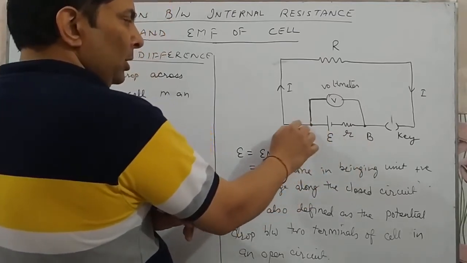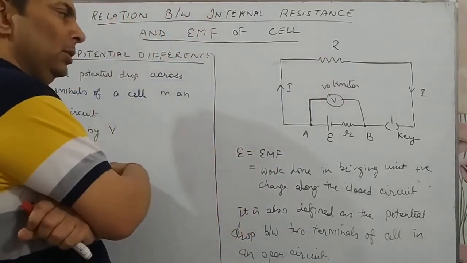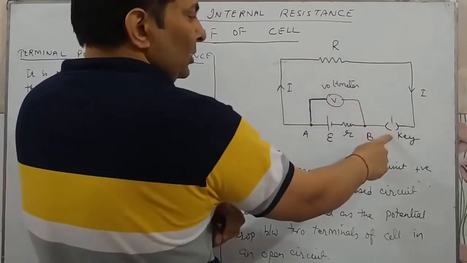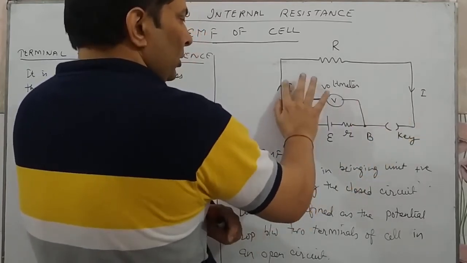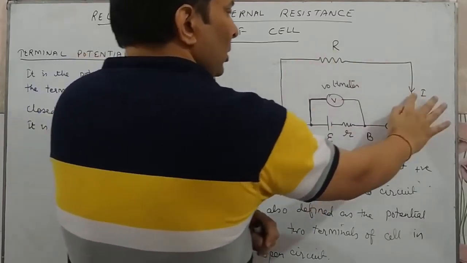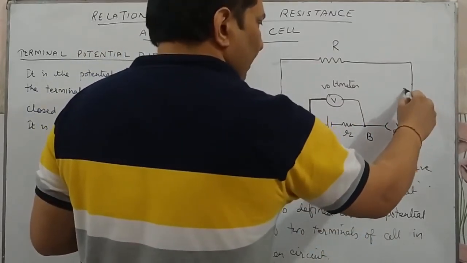Through this circuit we have connected an external resistance capital R, through which a current will be flowing if this circuit key is switched on. Right now it is off, so there is no current. Suppose there is no current. When no current is there, in that case,